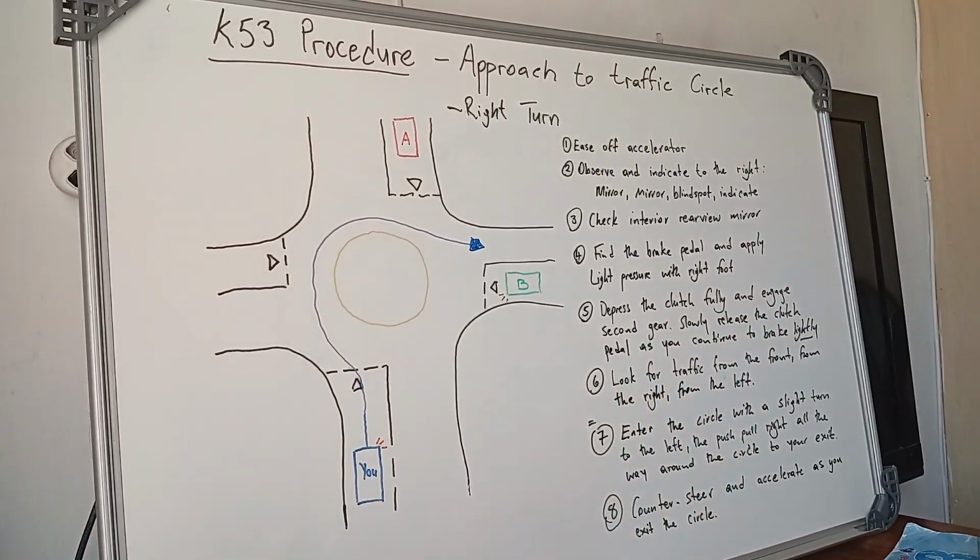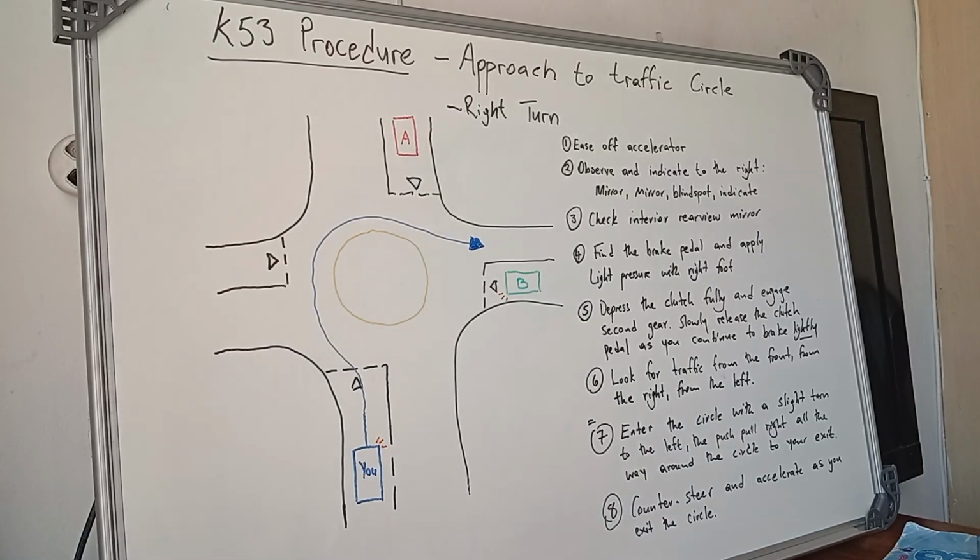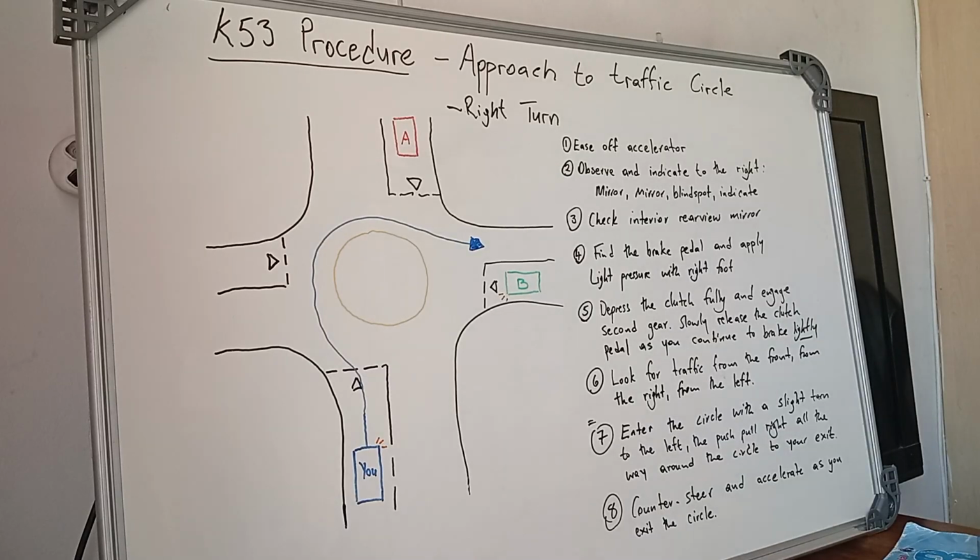So today I'm going to take you through the approach to a very basic traffic circle. Traffic circles come in a variety of forms. You get the small roundabout with just a single lane, four exits, and then it expands from there where you get double lanes, exiting into a single lane or exiting into a double lane. We'll talk about that. But in this video, I'm just doing a simple approach into a roundabout where you are